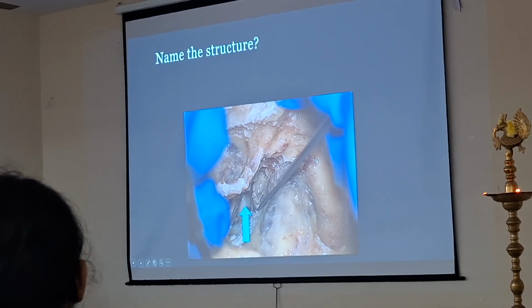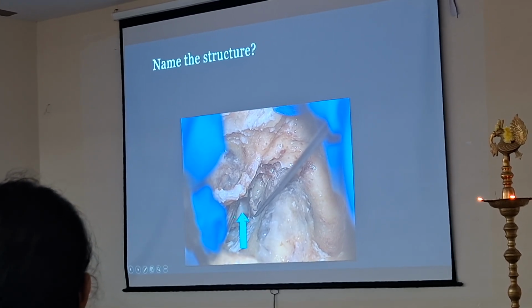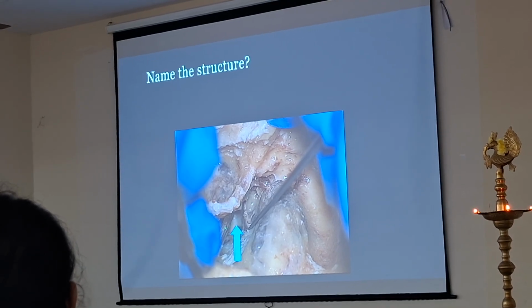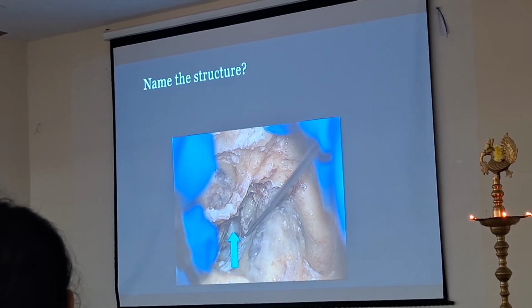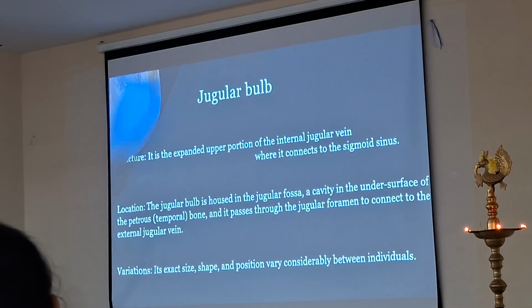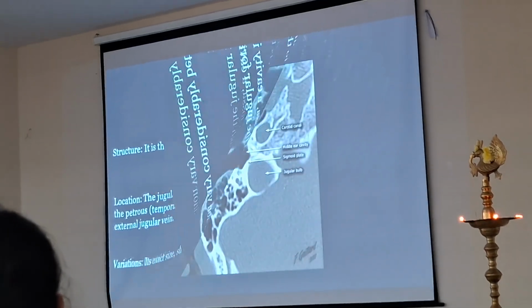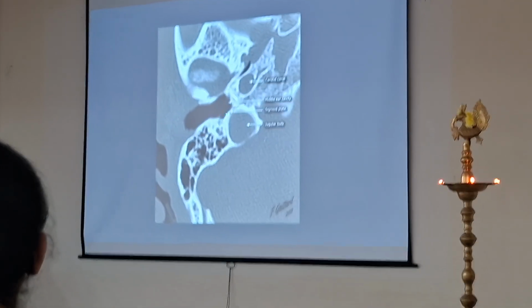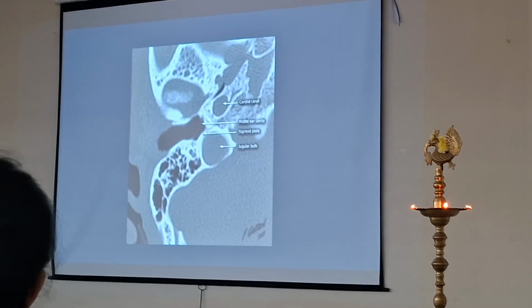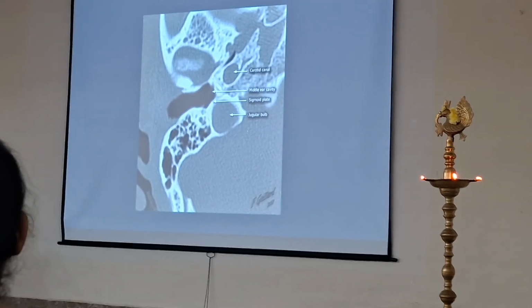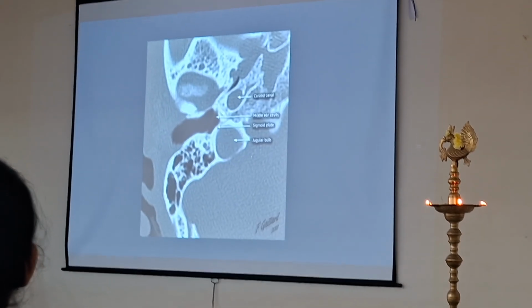So now, in the morning we told you what is this structure? The sigmoid sinus. What is this? In the morning I told you, in the first one, this one. Jugular bulb. Okay. So this is the jugular bulb. When this is dehiscent here, what happens? In the morning I showed you, when you give the incision and you are elevating the temporalis flap, please be careful not to